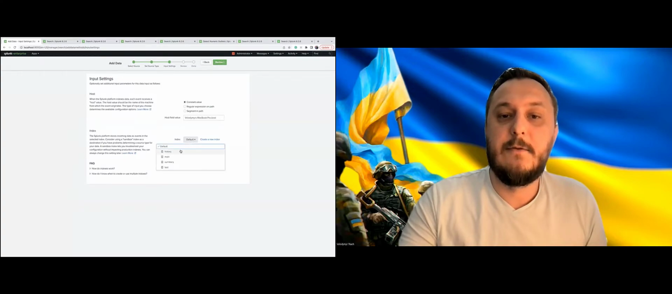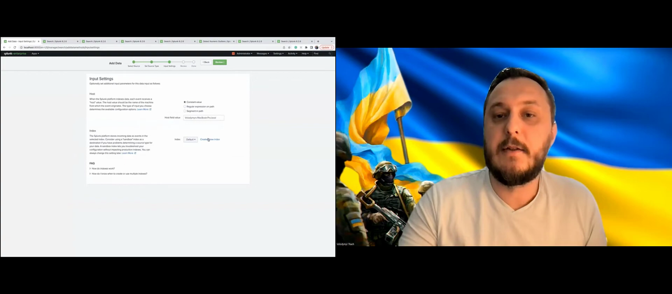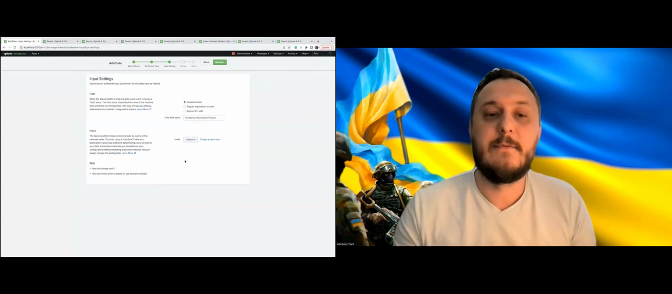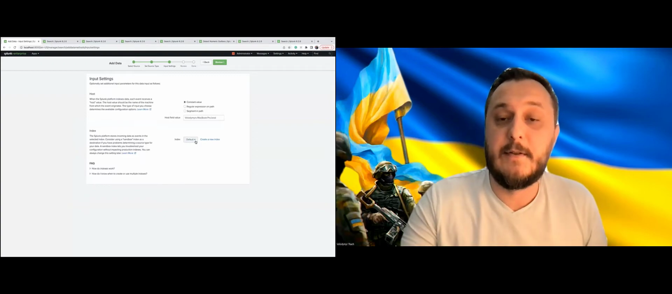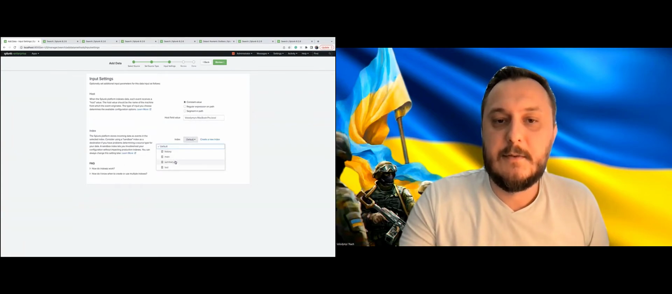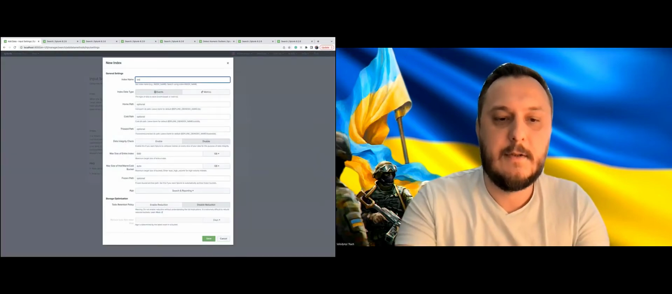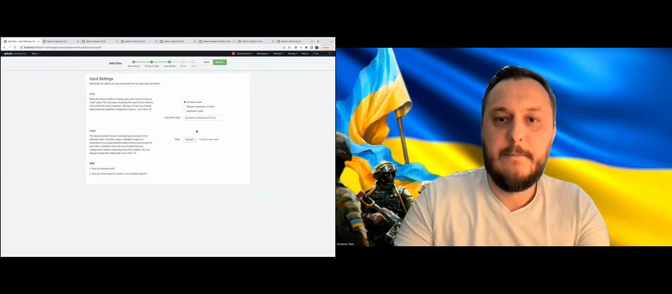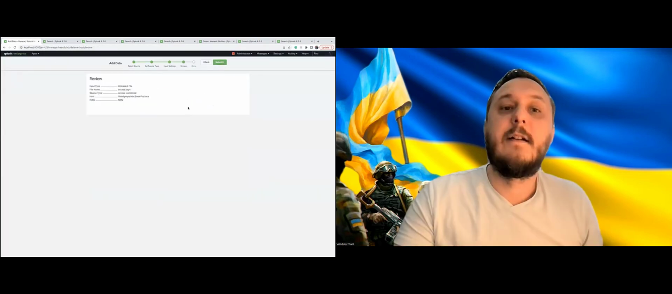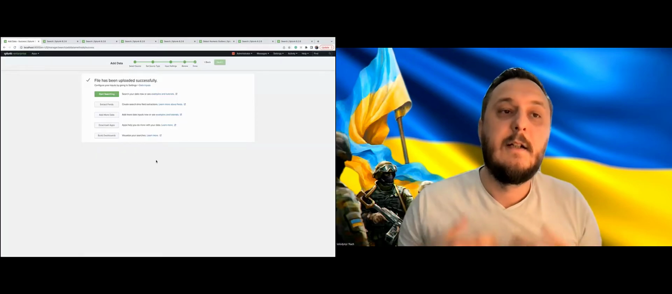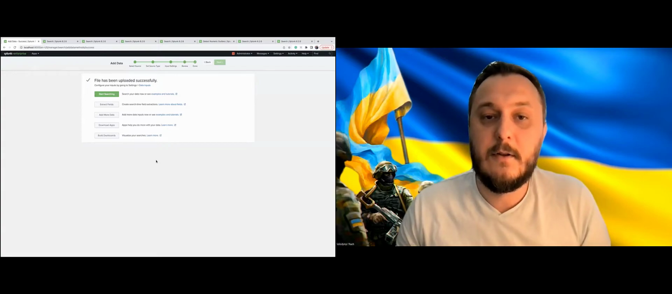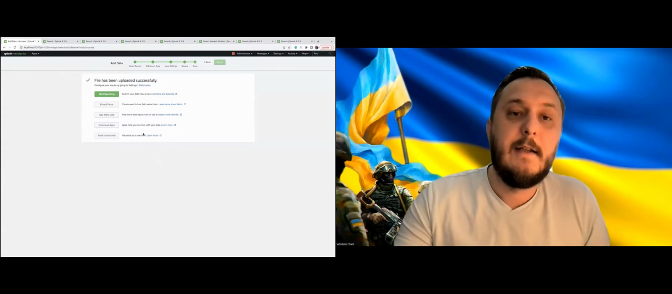We can save it to existing indexes, or we can create a new index to keep this information separated from other logs and other data sources. Well, let's do this. We'll put it into main, or let's create a new index. Then review, it's good, and then submit. Splunk then uploads this log into the newly created index. And then we can